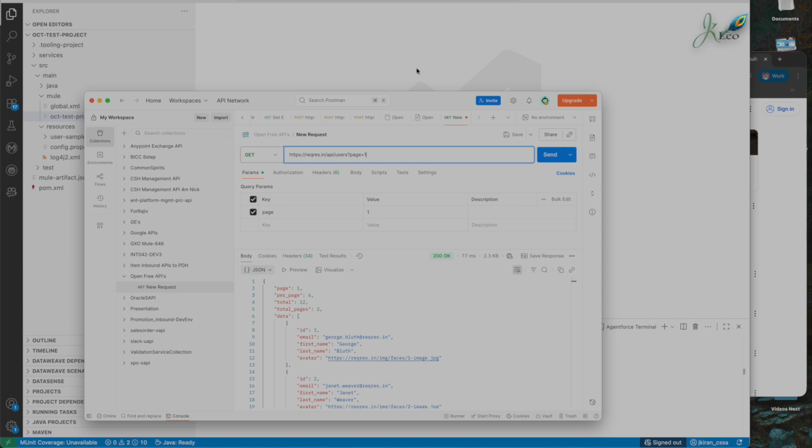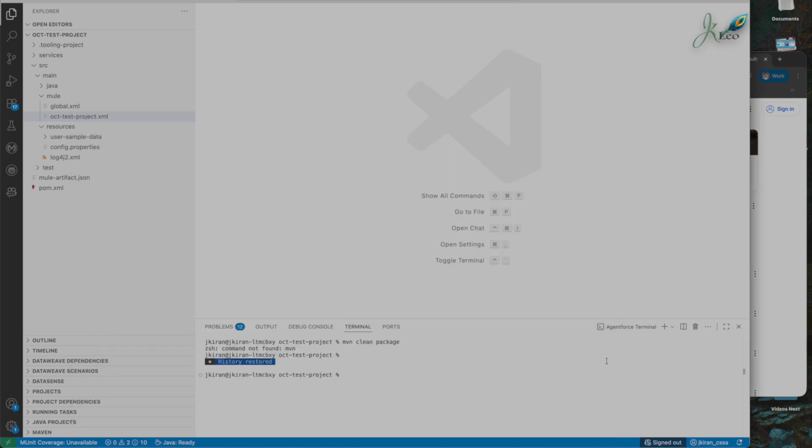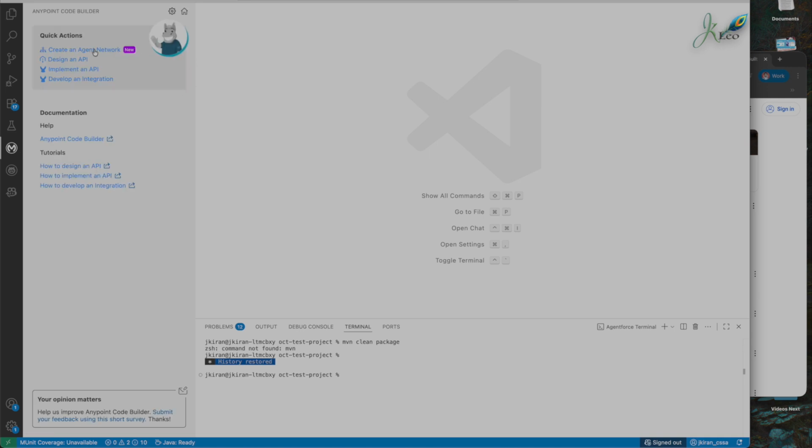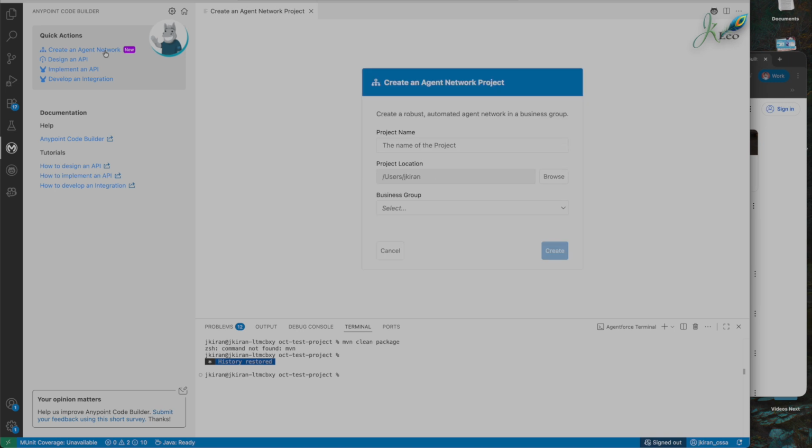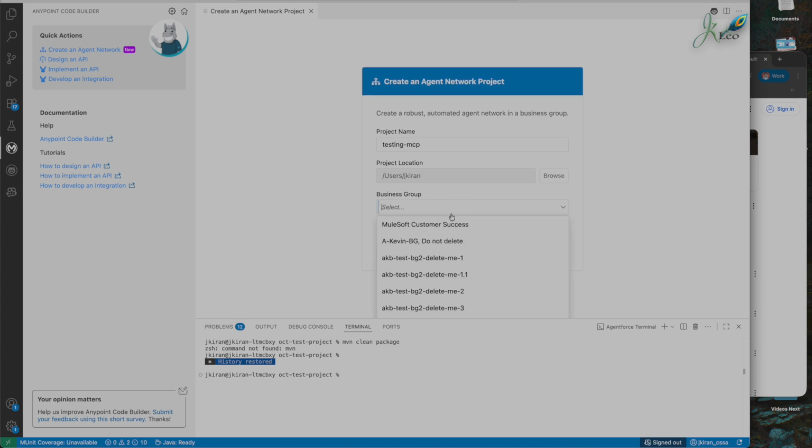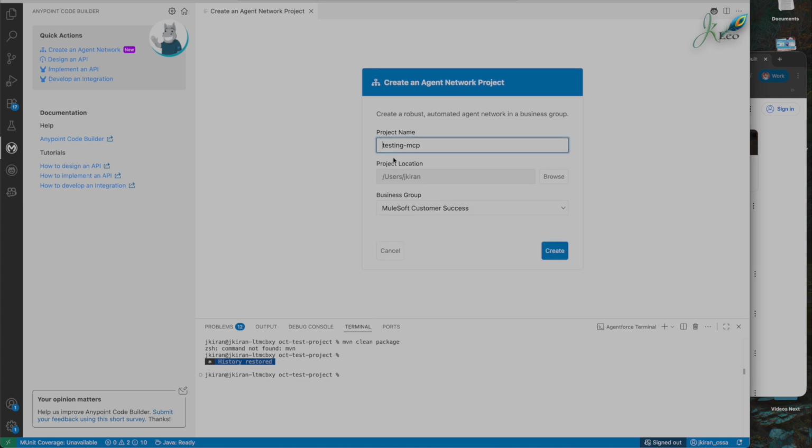which gives me user interaction like talking to an AI in a chat bot, right? If I ask a question, it should be able to give me a response in a natural language prompt. So for that I have Visual Studio Code and also MuleSoft extensions added, and right now we have this new option which came up recently. So create an agent network, and I'm selecting this option, just checking it out for the first time, and I'll name it as testing MCP, and also I'll put a name in front of it, and